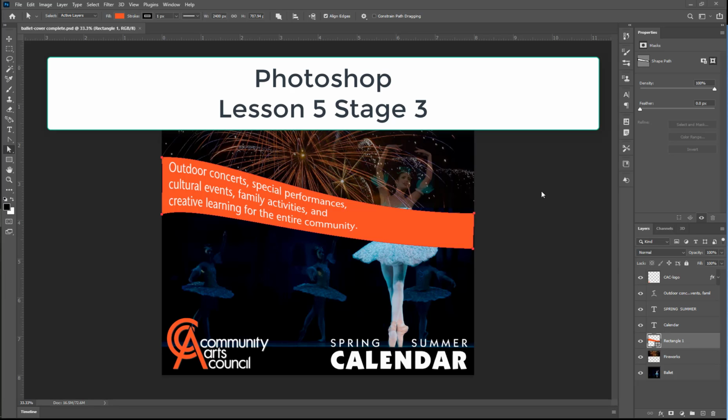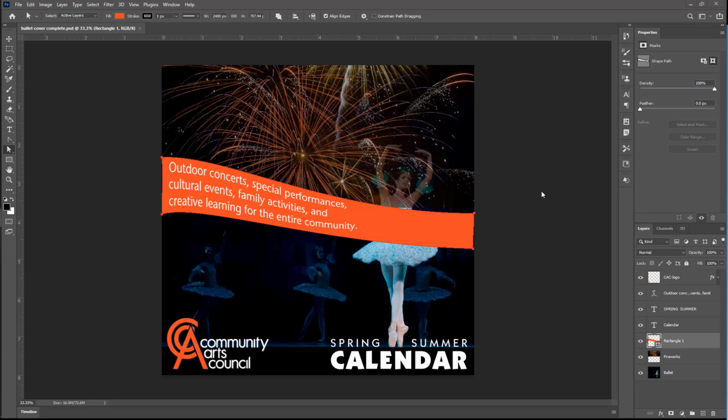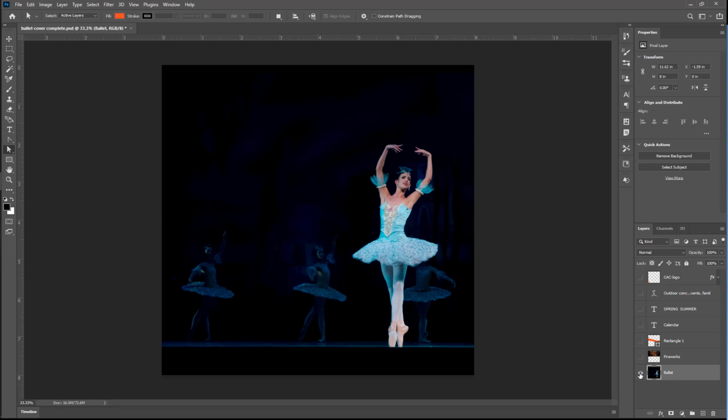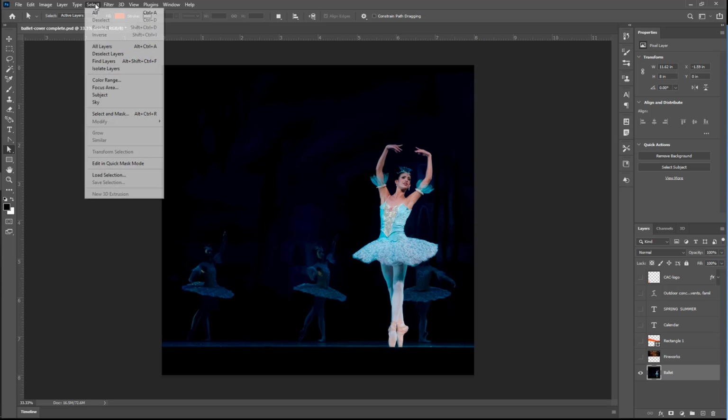Photoshop Project 5. We are on Stage 3, creating a complex mask. We're going to mask out a good section of the ballet dancer's layer, and in order to do that, we're going to use the Select Focus Area option. So we want to begin by selecting the ballet dancer and hold down your Alt key, and as you're holding your Alt key, click on the eyeball to turn off all of the other layers, and then go to Select